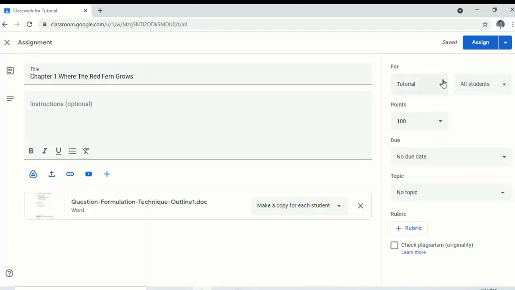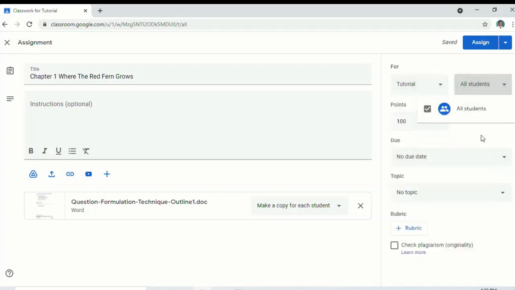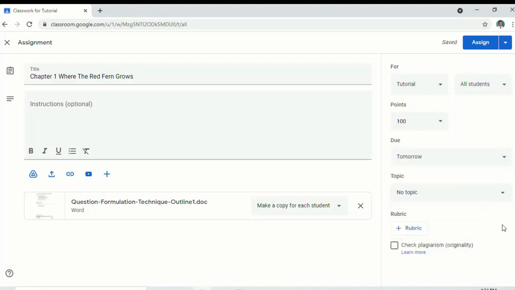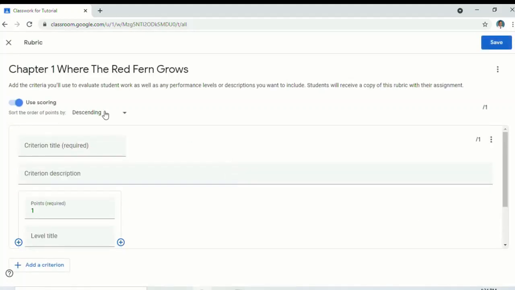Over here on the right side, same as before, you can decide what classes this is assigned to, which students, how many points, what the due date is. So I can come in and say this is due tomorrow. And again, we haven't talked about topics yet, but we will talk about that in a second. You can also create a rubric. So we won't create a full one right now, but just know that this option exists